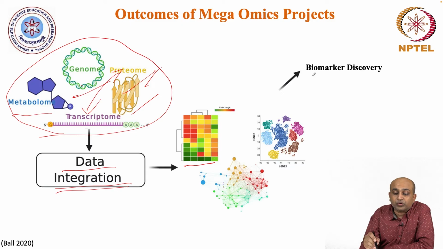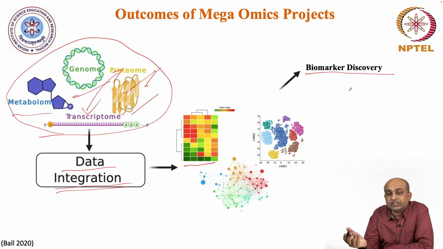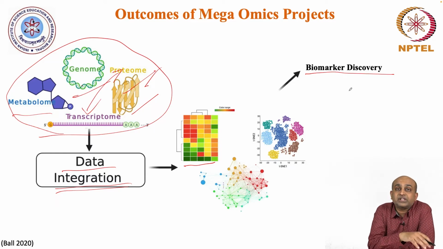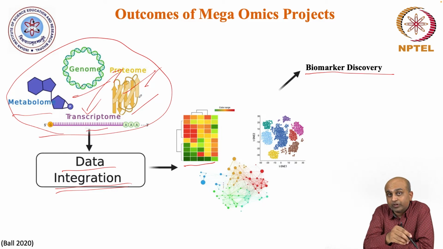So what is the outcome? So you could use this kind of data to do biomarker discovery. For example, you want to identify some biomarkers which are a defining feature of some disease, or which are a defining feature of some tissue. So then these kind of data sets which are comparable in quality, which are integrated and comparable in the sense that they represent the same biological state across different assays, they can be very useful when you want to do biomarker discovery, because you can do biomarker discovery in transcriptome and then go and check, are these biomarkers still relevant when we look at the proteome? Or you could do biomarker discovery in the proteome, then go and look at the transcriptome. So then the biomarkers which you discover, you will know whether they are relevant only at the transcriptome level or they are still being produced as proteins.